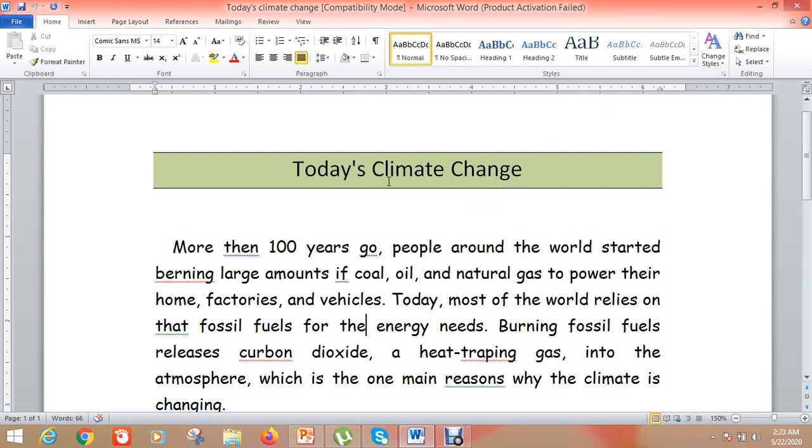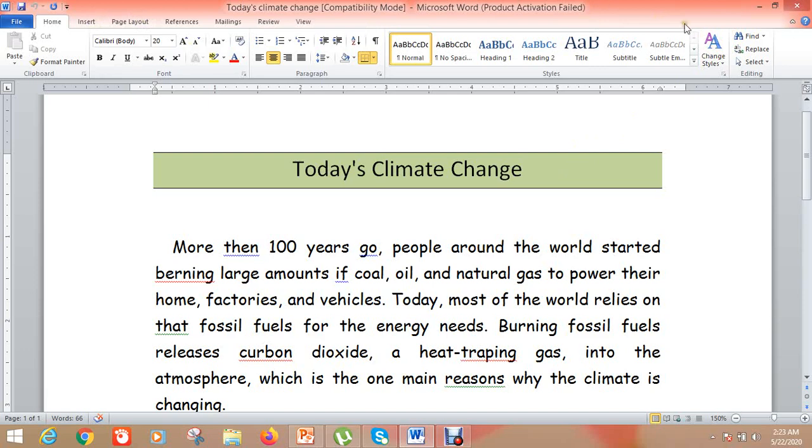You have found after making the document that the specific word was wrong, and you want to replace it with another word. So instead of going again and again throughout the whole document, you can use the shortcut to find and replace that word with another word. For example, I want to replace this climate with weather. So what will I do?